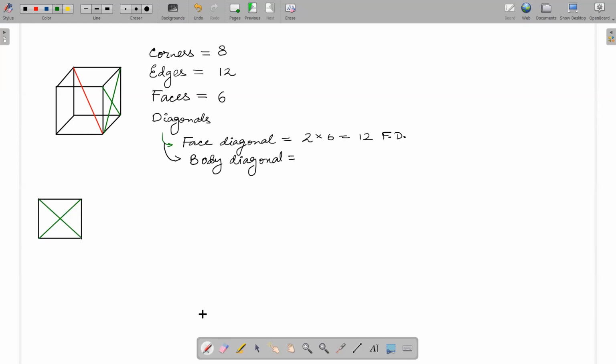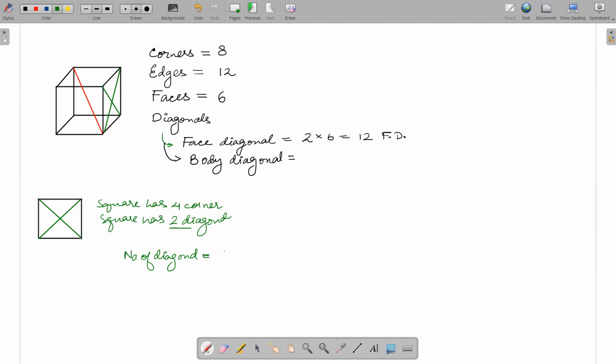So we can have a relationship between corners and diagonals. A square has 4 corners, and a square has 2 diagonals, right? Yes, sir. So I can say the number of diagonals, for any diagonals which pass through a particular body. If you have a square, these diagonals are passing the square body, correct?